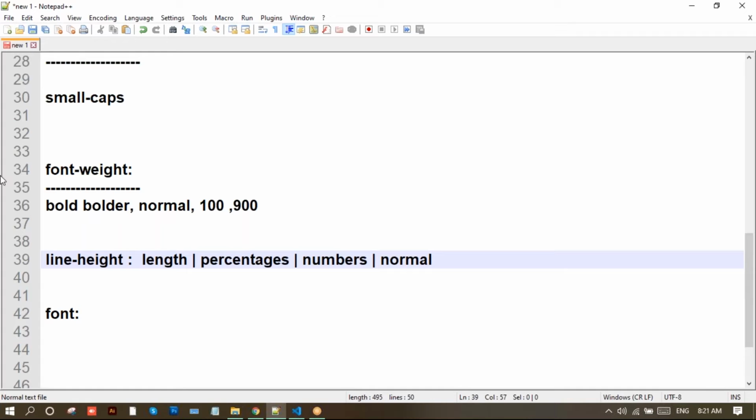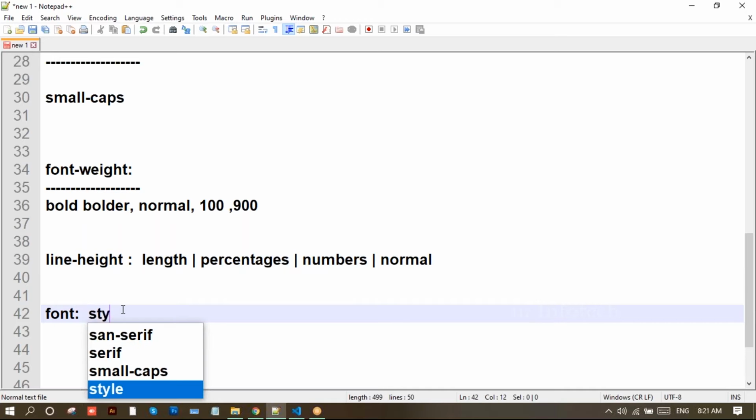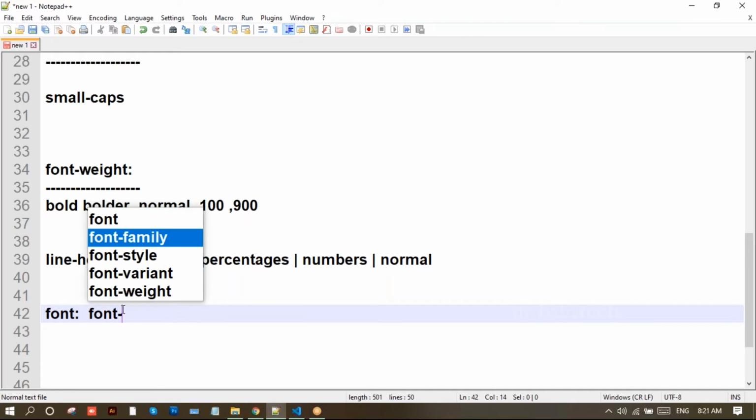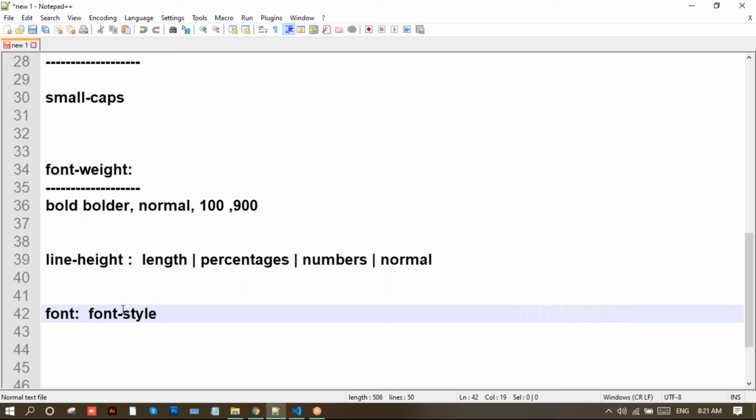And next we have the font shorthand property. What is the use of this shorthand property? So the shorthand property consists of all these properties. So I'll write the syntax of how exactly the font properties will follow. First, if you take the font, first we have font style,